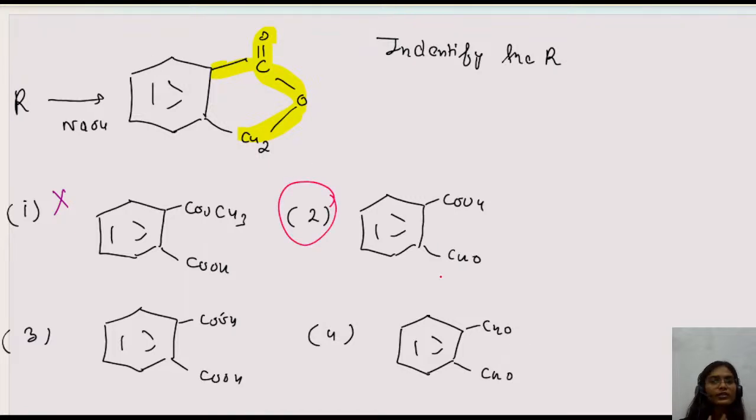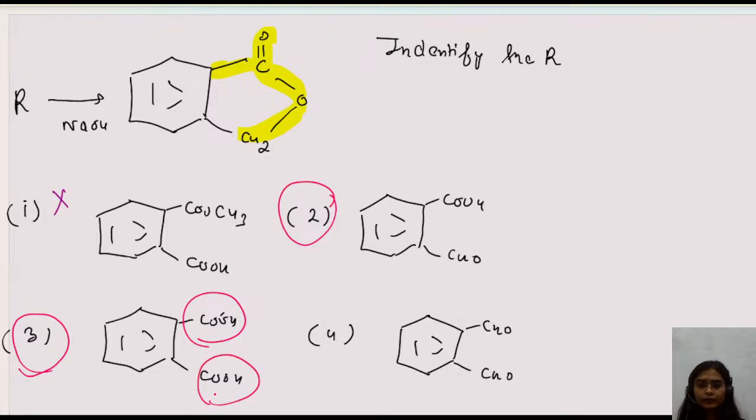Because one is acid, one is aldehyde. In this case, again, both are acid. For the Cannizzaro reaction to work, we are using at least one aldehyde. So option two is sorted. And see, option number four, both are aldehyde. So it can work here as well. Let me just explain this point to you as well. How? So for example,